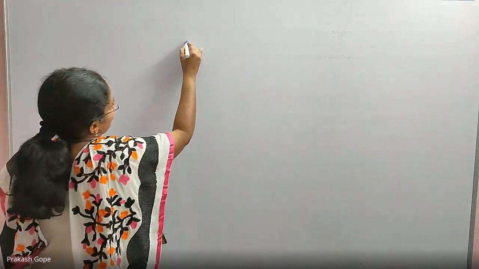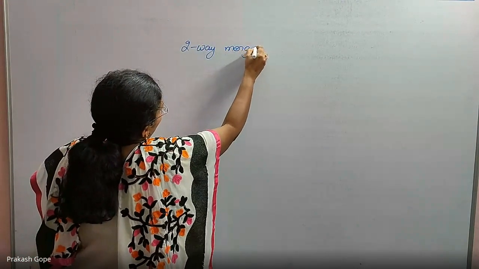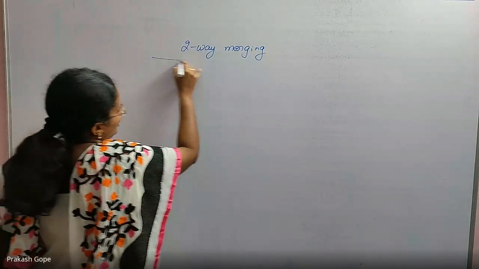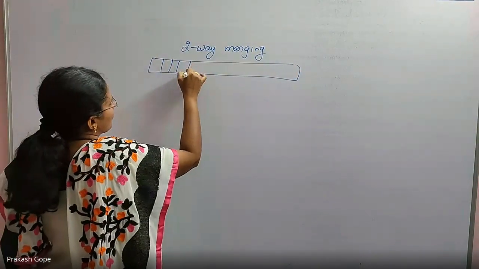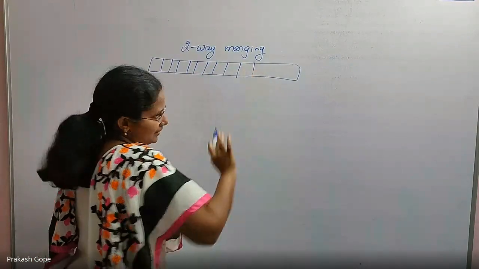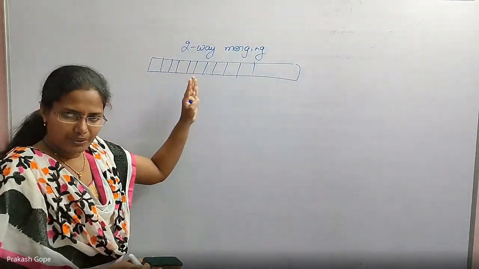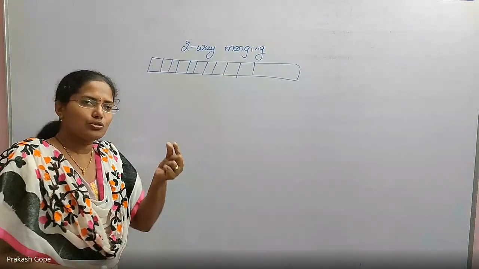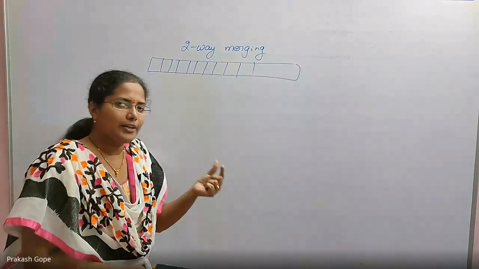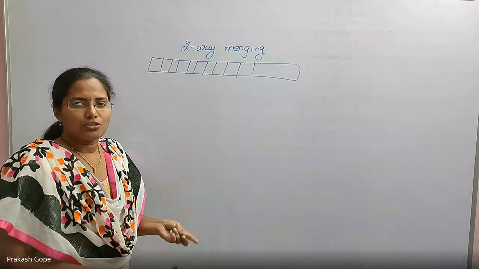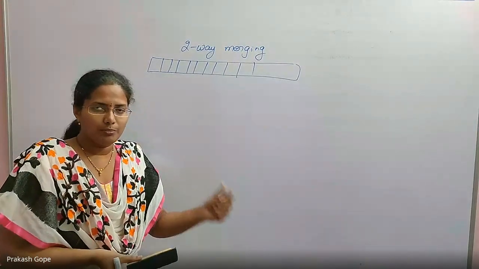Two-way merging is like this. Even if we have 10 elements, like this, okay, anyway we are dividing that into pieces. Finally our intention is to get one element, correct? We are considering only one element array, then we started merging. So division is nothing but making it into pieces so that we get one element each.